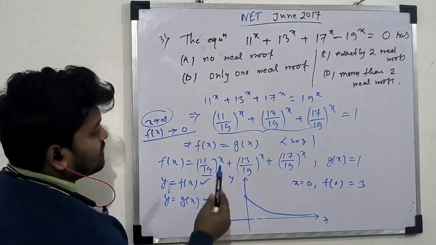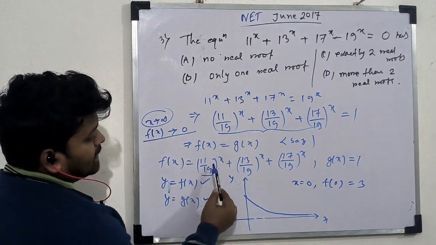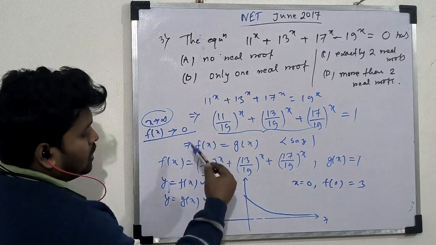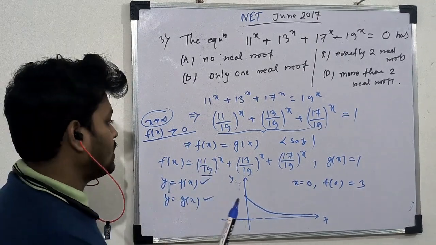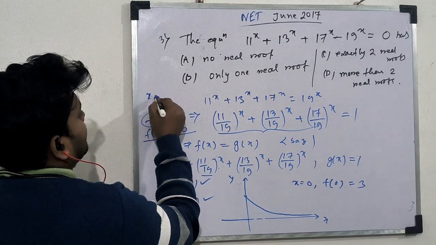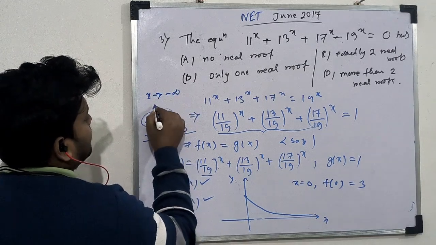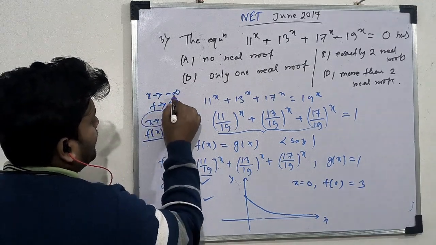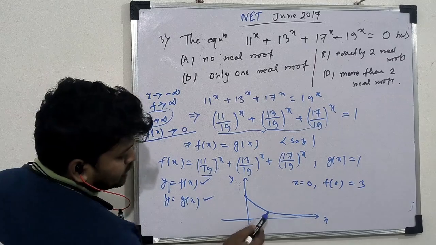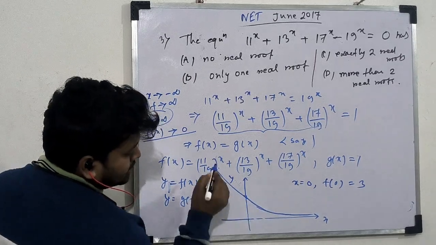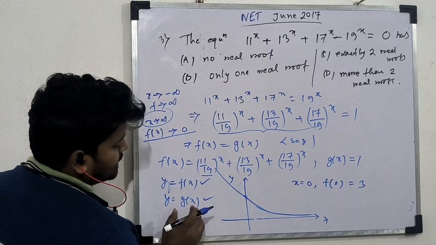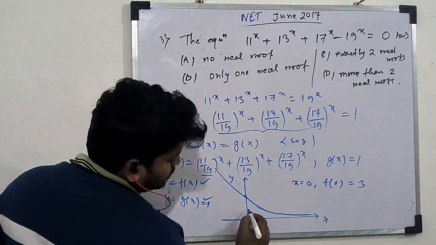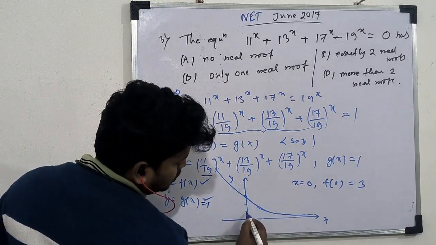And one other thing, if x is negative, then this will be 19 by 11, which is greater than 1. So that's why when x tends to minus infinity, f(x) tends to infinity. So that's why this will look like this. Okay. And if you put y equal to g(x), g(x) equal to 1, so this is 3, so 1, 2, so this will be